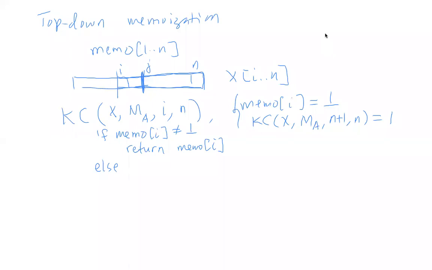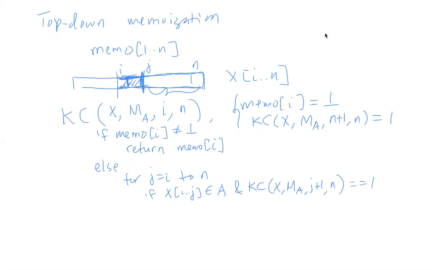So this will be for j from i to n. We check if x from i to j, that portion, whether that's in A, which means that M_A on this input is equal to 1, and the remaining portion is in A star, so that means KC of x, M_A, j plus 1, n is equal to 1. If this is true, then we know